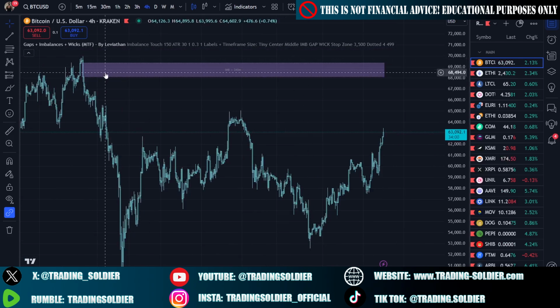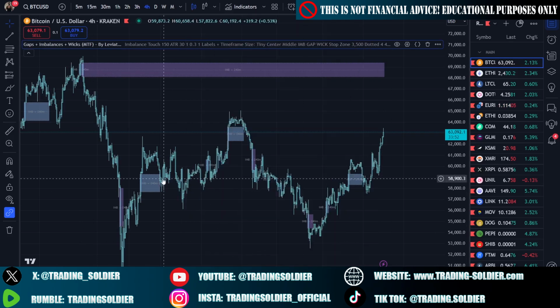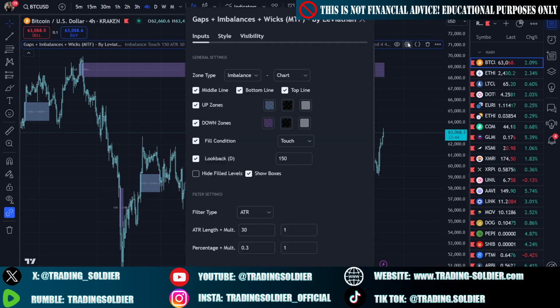So the indicator is leaving this area active on the chart. But if we deactivate this option, you can see also the imbalances that were filled, that were acting as resistance or as support in past price areas. Okay, but for the sake of this video, I will leave it